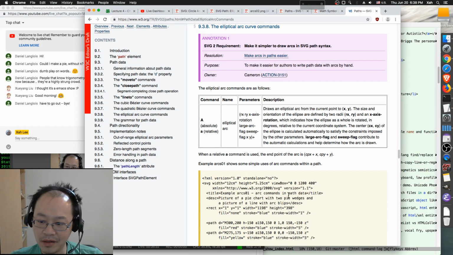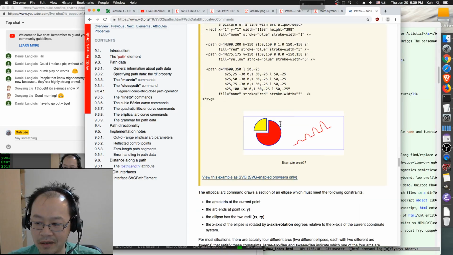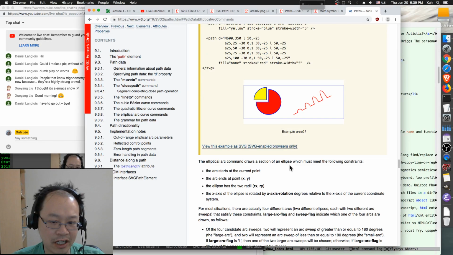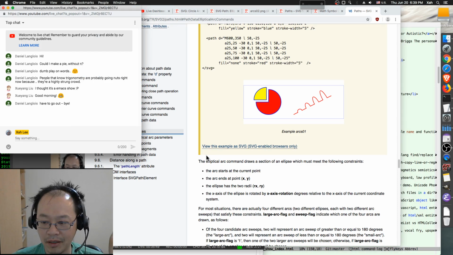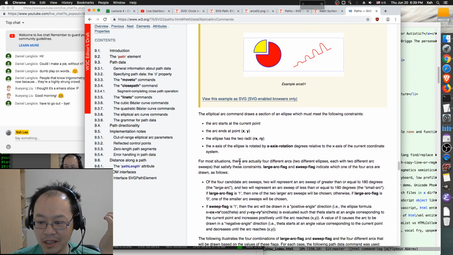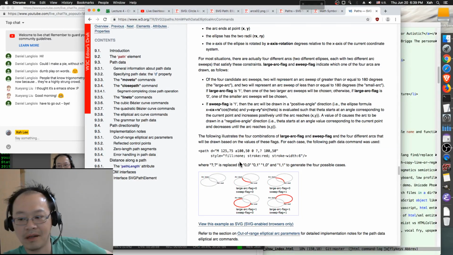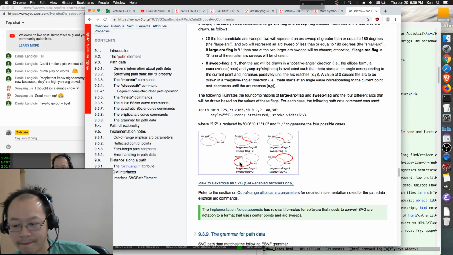You can read here, it's extremely complicated parameters. Nobody understands it. I challenge you to code this ellipse. Try to draw a quarter arc of a circle. But anyway,